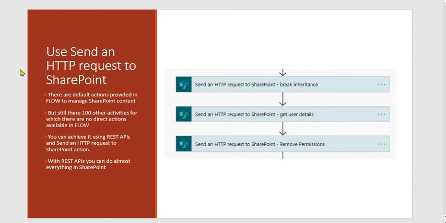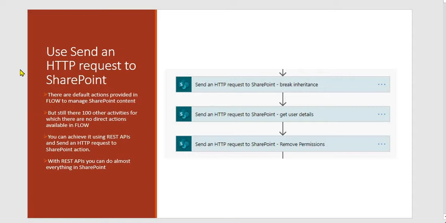So using this action, you can make a REST API call to the SharePoint, and as you are aware already, using REST API, you can do anything in the SharePoint, like from creating site till adding and updating items into it, managing the permissions, almost everything you can do, creating columns and content types and everything.